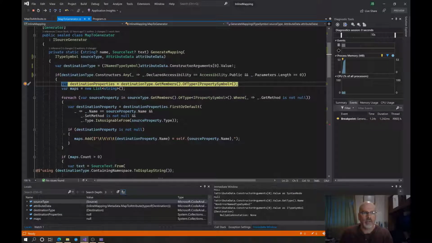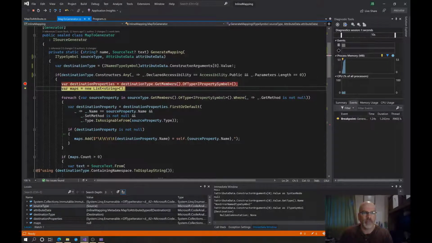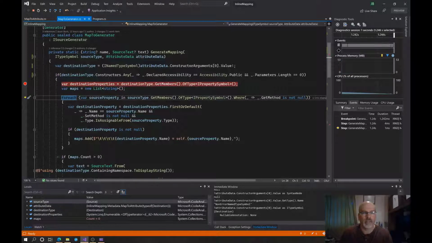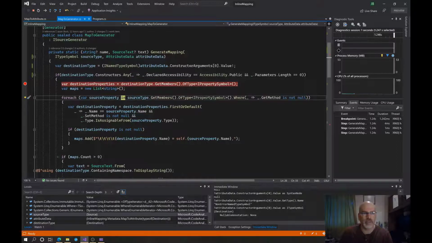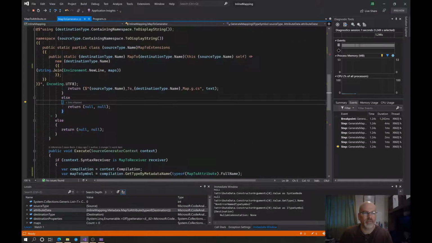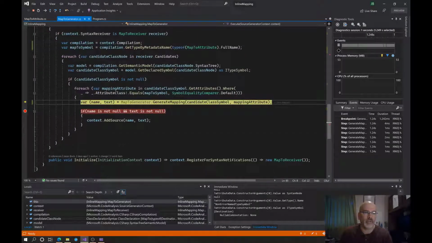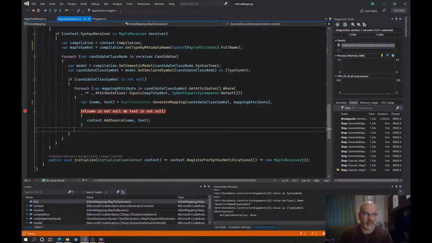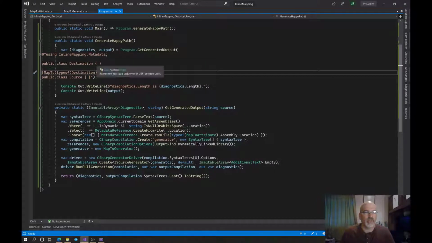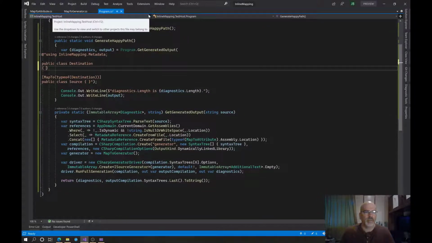so now we need destination properties of type property symbol, which of course we're not going to have any. And we're not going to have any source properties here either. So we should have nothing. And that's true. And so we return null. So this is doing what it should, which is nothing. So let's come into here and let's just put in one map